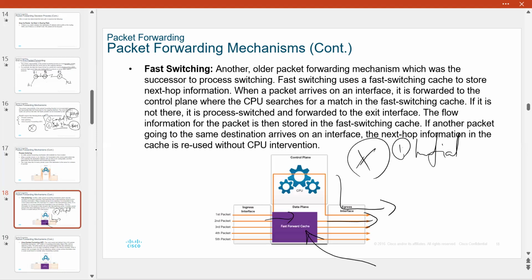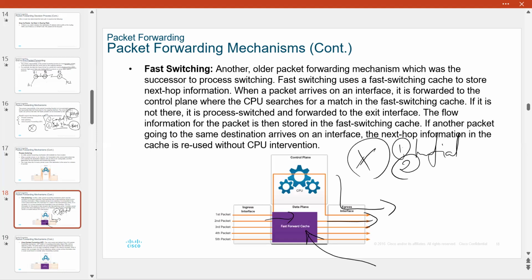Once a packet identifies its exit interface, all its processing is done and it's stored in the cache. The next time it arrives, instead of going to the brains, it goes to the cache directly. So we have the initial stage, right? Then we have